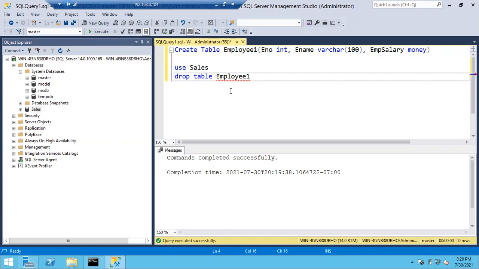Okay, if you don't select anything and you run it, all three will be executed. Now tell me what is the output if I run all three commands. Now tell me what is the output.